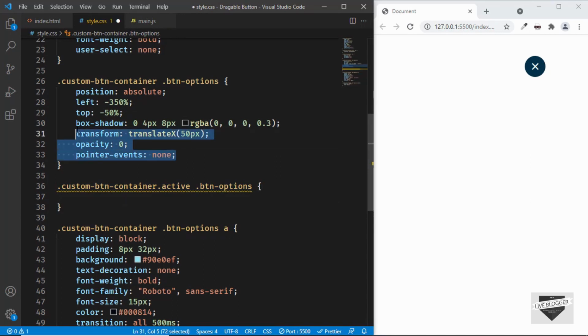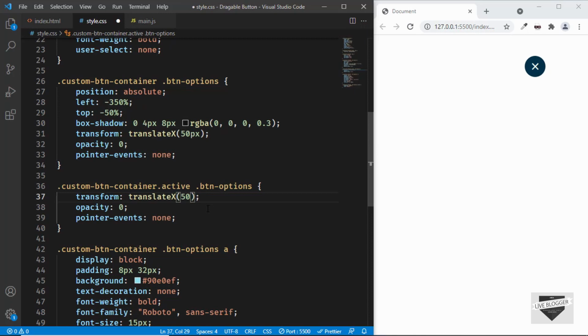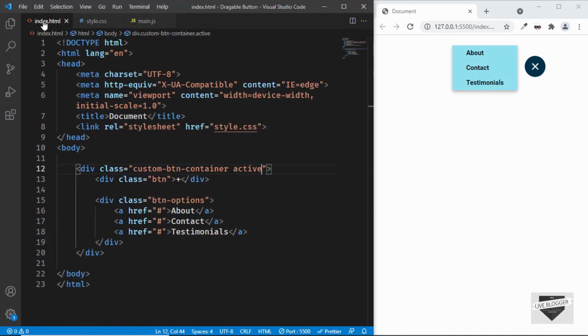So let's copy this code from here and paste it over here, and we will reset the value of translate x to 0, and we will set the opacity to 1 and the pointer events to auto. Now we can see that the options are being displayed, and let's go back to our index.html and let's remove